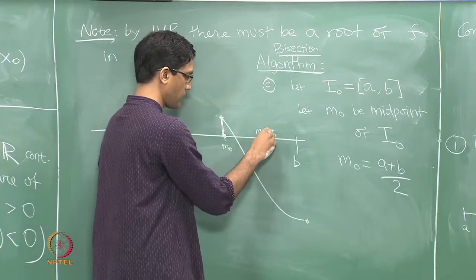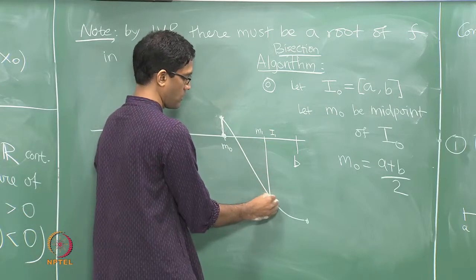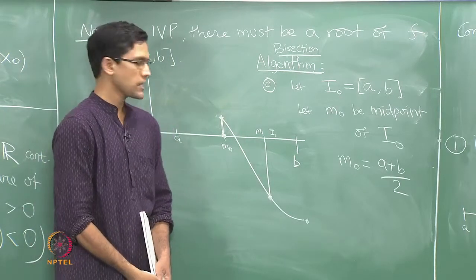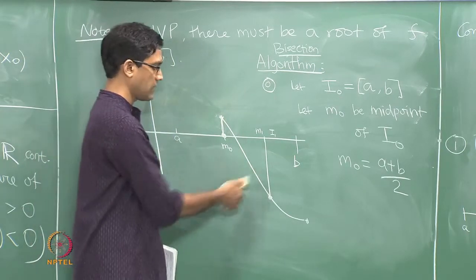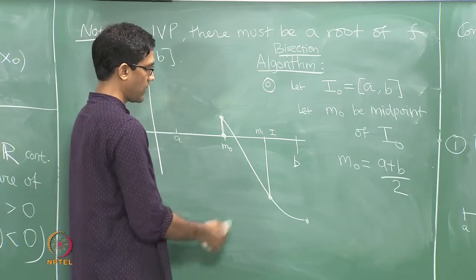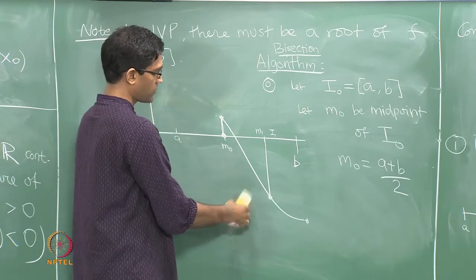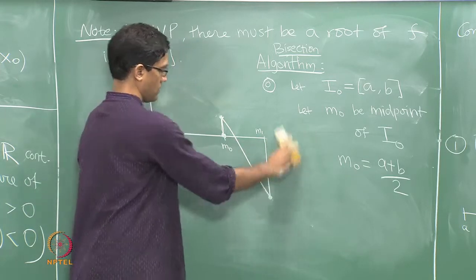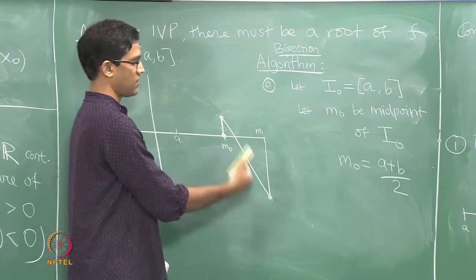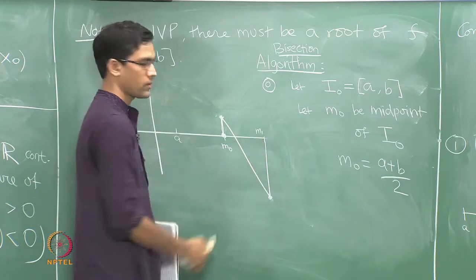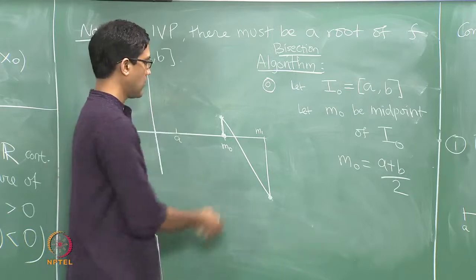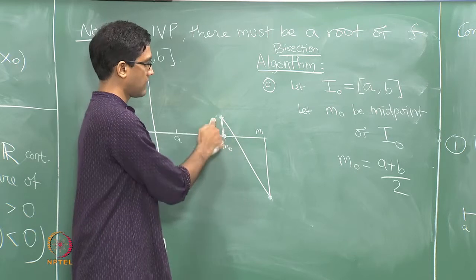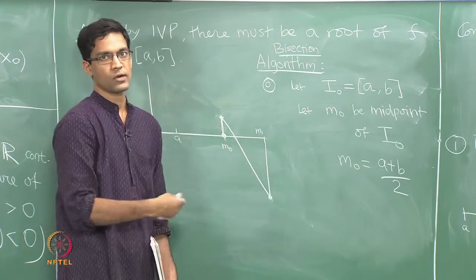So I have some midpoint, I compute the value of the function at the midpoint and I see whether the function value is negative or positive. In this case the function value turns out to be negative, the way I drew the graph. So again that means I will get rid of the right half of this interval and only focus attention on the left half, the part between m0 and m1. Call this I2, and now again by the intermediate value property there must be a root between the left end point m0 and the right end point m1, and so on and so forth.